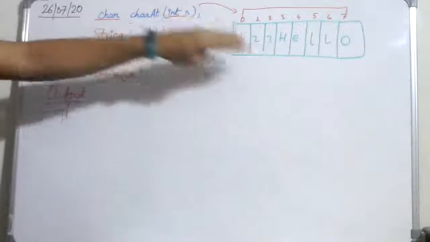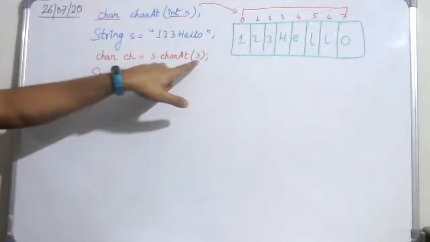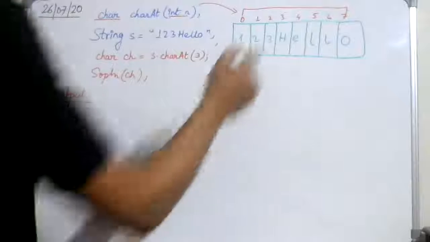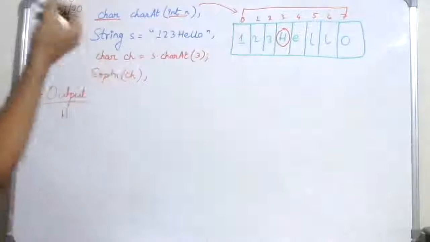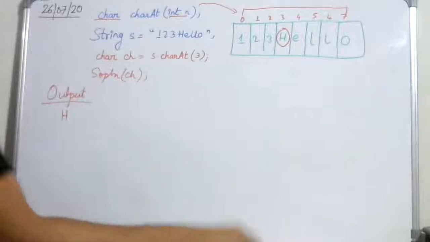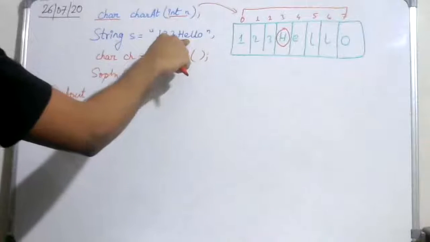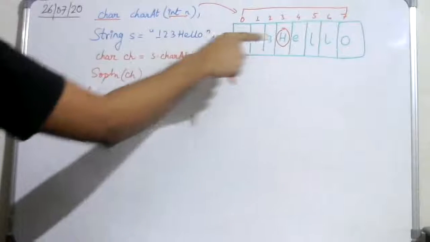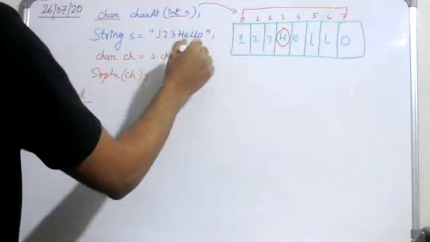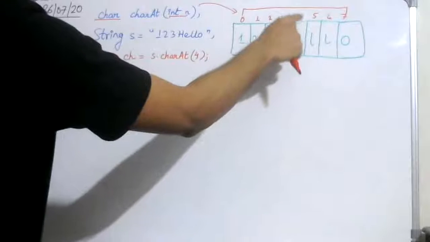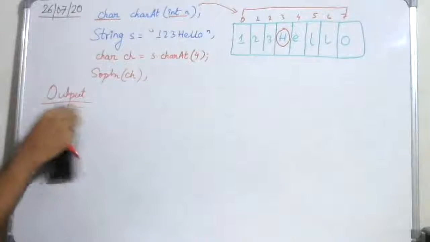So imagine the string to be a character array, write down the index on top, and then look at the argument that is being passed. Here 3 is the argument that has been passed. At the third location I have h, therefore my output is h. Let's say I want to extract e from the above string. So I have to look where e is. E is at the fourth position. So I'll have to write 4. If I write charAt 4, the character at the fourth position is e. I'll get the output e.